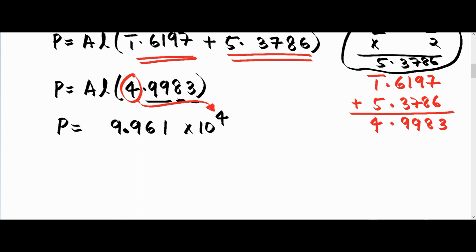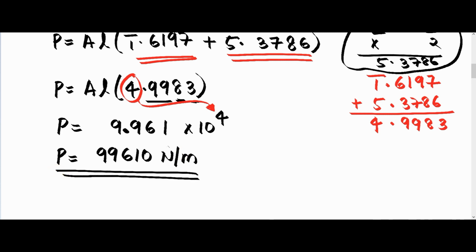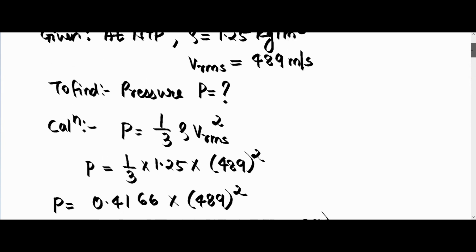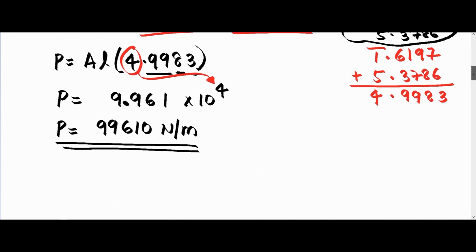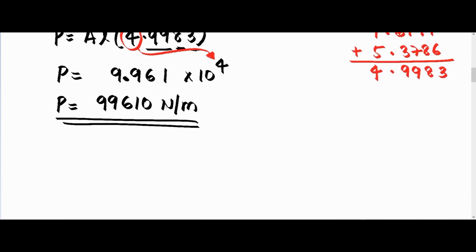So now I am going to adjust this decimal power term 10 raised to 4 inside this number. So now the number that I am going to get is P is equal to 99610 Newton per meter. Now in your answer you can see that they have given us a bigger value. So the method of calculation for this value may be different. They might have used some different device to calculate the value. So they got many significant digits after 4 digits. But in this case, since we have used our logbook, which has only 4 significant digits, so we got only 4 significant values, and other all values we will be replacing it by 0.